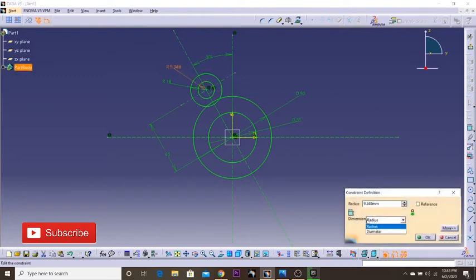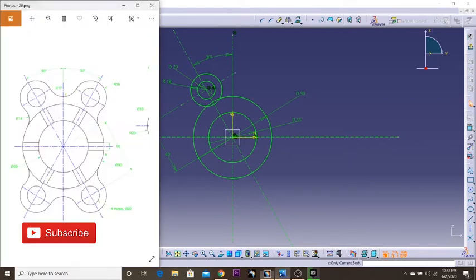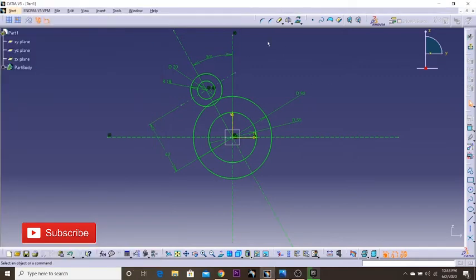So you have to be careful with choosing the right dimensions. Is it diameter or... okay, so is everything done here? Yeah, so now we have to make a corner here, 14. I can use the corner,